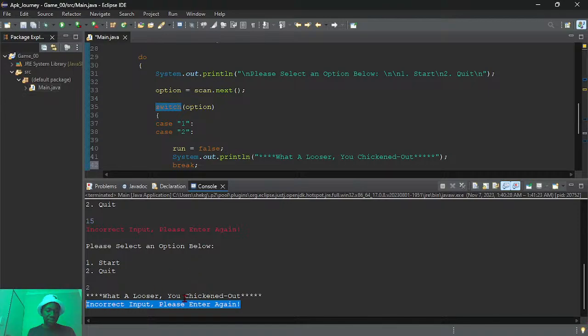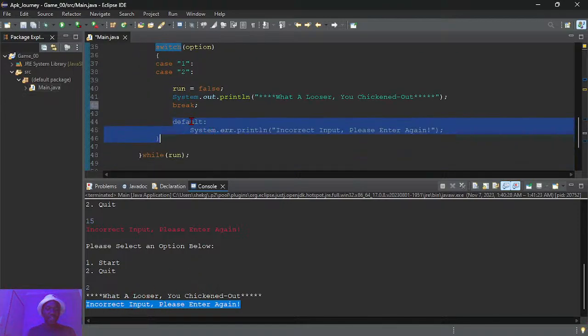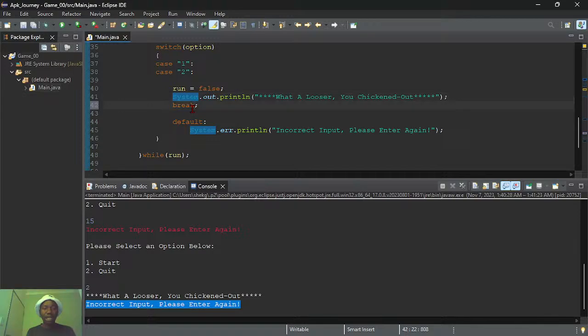The last ones were the user message and the incorrect one. The incorrect one is inside the default, and the one for the user is inside case 2. So this break helps the compiler not go overboard into the next case. And actually in here we should also put a break. This is going to stop the compiler from reading the code in the next case.